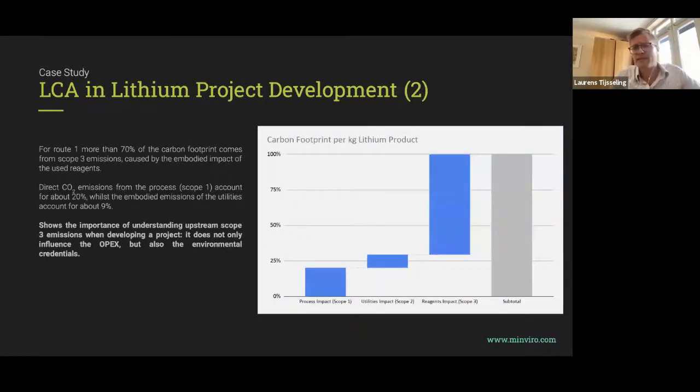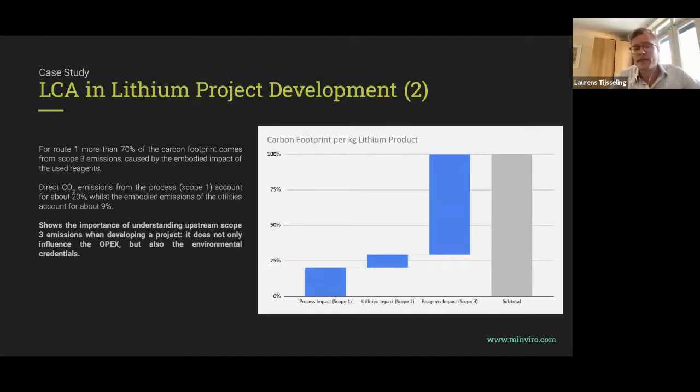So if we look at what contributes to the carbon footprint of the 1 kilogram of lithium product for route 1, we can see that more than 70% of the impact actually comes from upstream scope 3 emissions. And that, just to remind you, is the embodied impact of the used reagents. And these are the values that currently mining companies are not reporting on. And I think that is quite mind-blowing. So the direct emissions, the scope 1, account for about 20% of the carbon footprint of the lithium product,